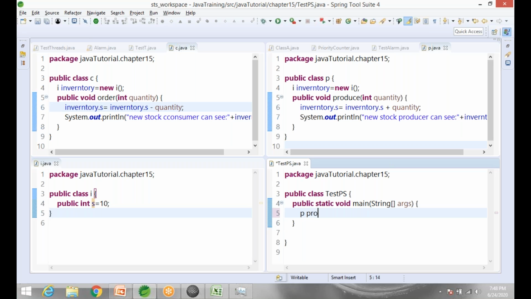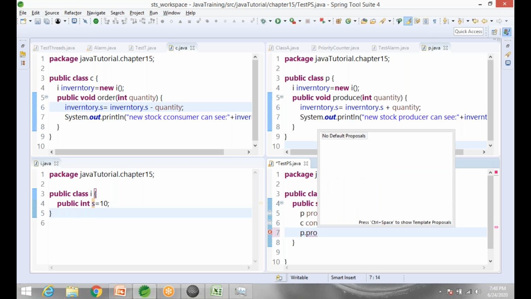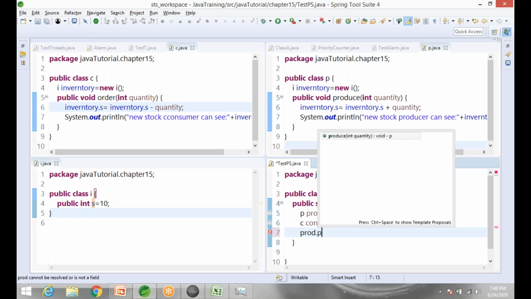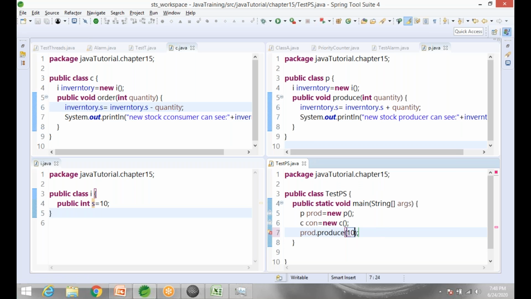I create the producer object, I create the consumer object, and I will call p.produce(10), and then c.order